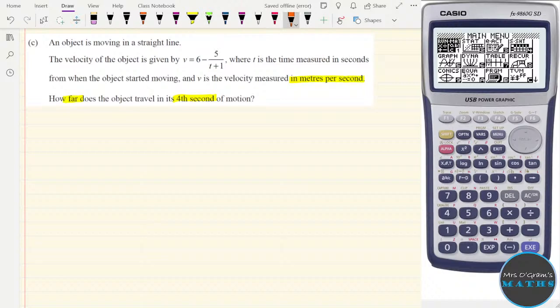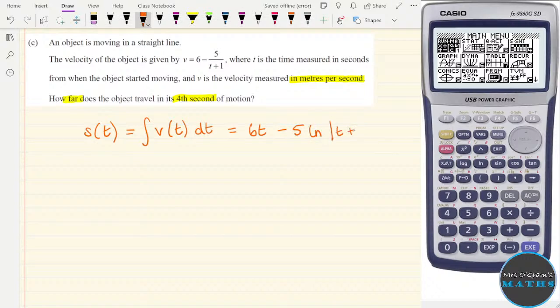Okay, so to get from velocity to displacement, so displacement we call s of t, that's the integral of the velocity. So we need to integrate the function that we've got there. If we integrate 6, we get 6t. And 5 over t plus 1, something that is over x, or in this case over t, that integrates to natural log. That one's on your formula sheet. So bring the 5 out to the front, and then you're only thinking about the 1 over t plus 1, makes it a little bit easier. So that is just the natural log